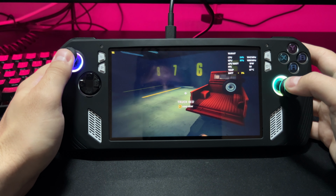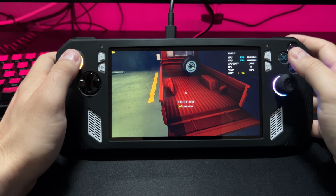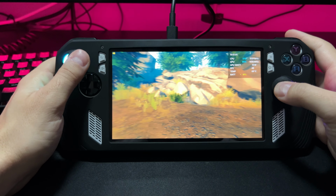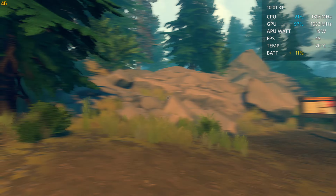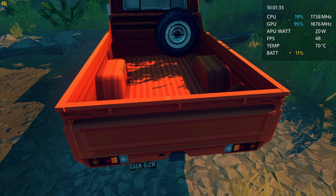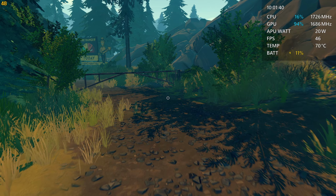Now, I usually say that I don't care about graphics on this kind of a device because of the small screen, but there's a noticeable difference from low to medium in this game. And I found out that lowering to 720p and playing from medium to high settings, the game looks better than 1080p low settings and it performs really well, from FPS ranging from 40 to mid-50s, or even higher in some